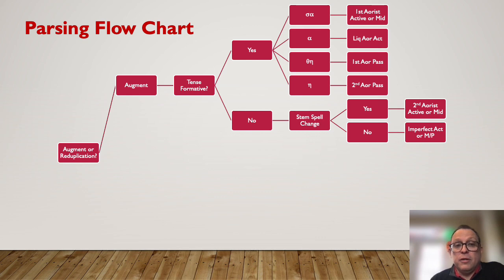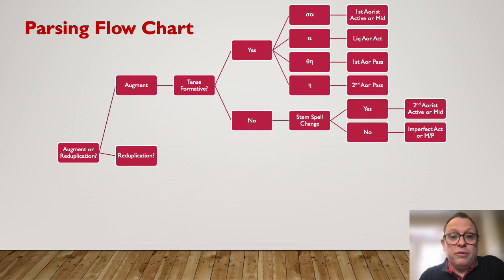If there is an augment, no tense formative, and no spelling change, it's an imperfect active or middle passive, depending upon the ending. So our next option is that there is reduplication. Now, automatically, when there is reduplication, we know that we're dealing with a perfect verb. Now, there are some times, however, when you have reduplication that